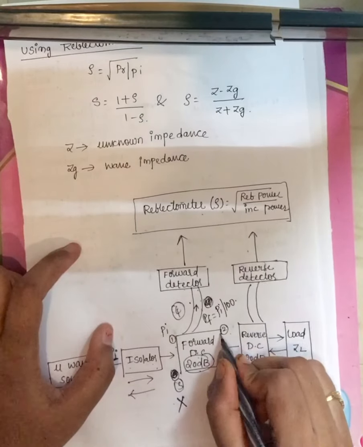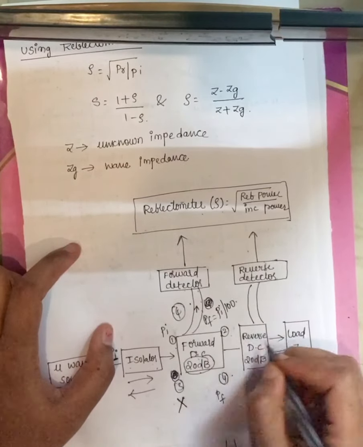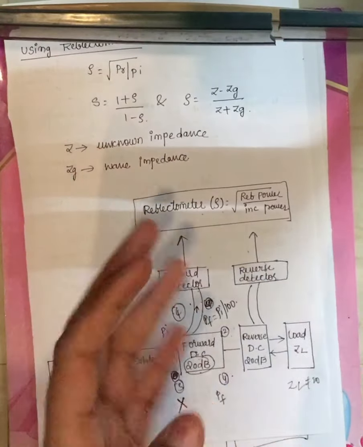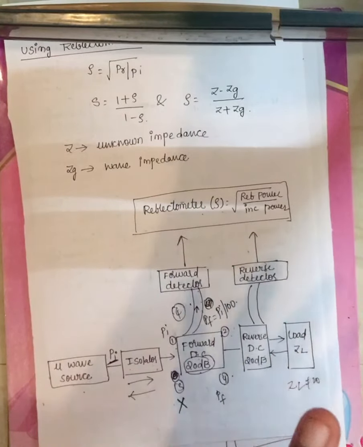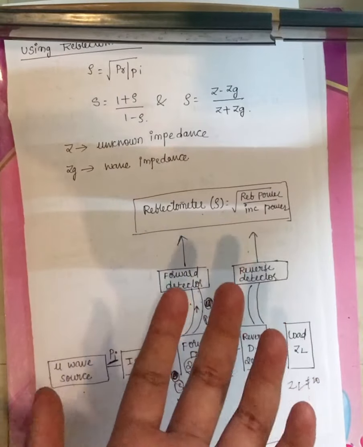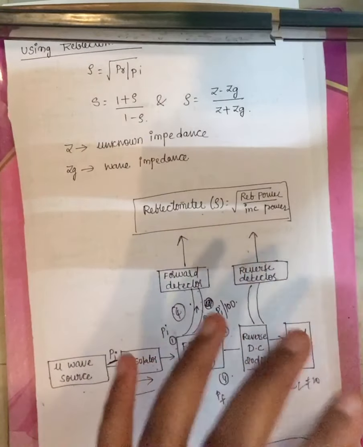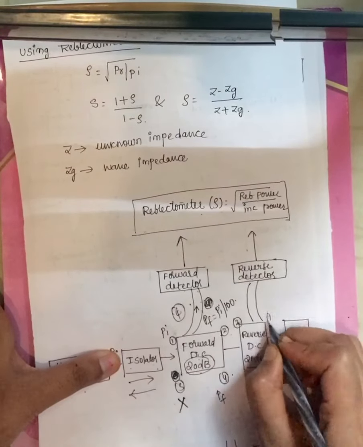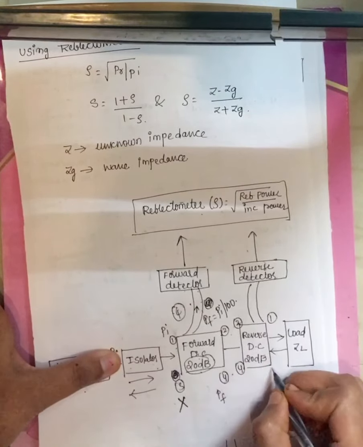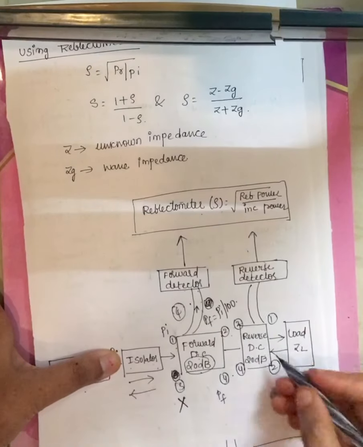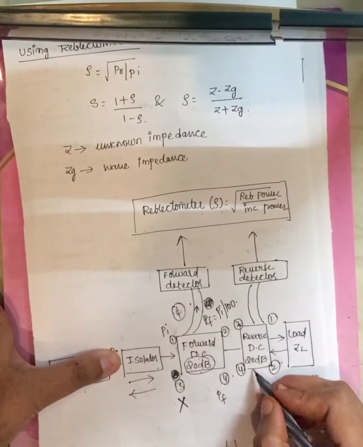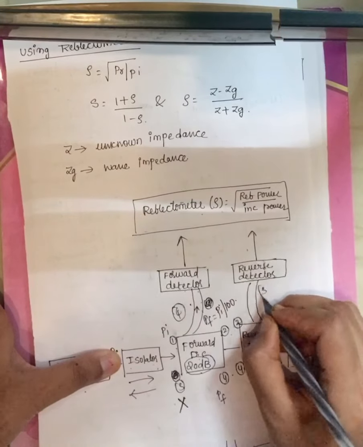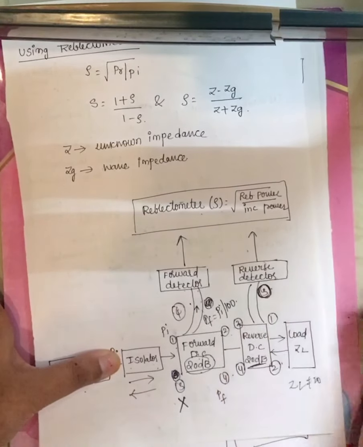Now this second port's output is given to the reverse directional coupler. Reverse directional coupler means just reverse its direction. Port 2 will become port 1 and port 1 will become port 2, similarly port 3 will become port 4 and port 4 will become port 3. Again it has a coupling of 20 dB. Now this is your port 3.